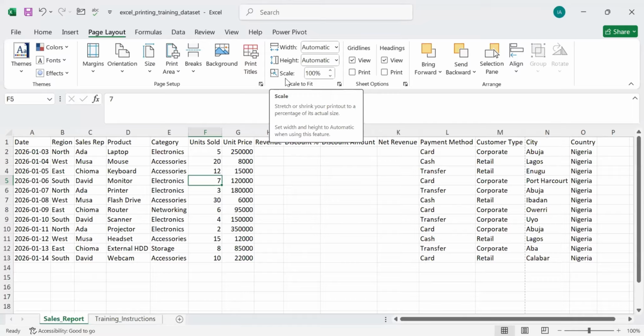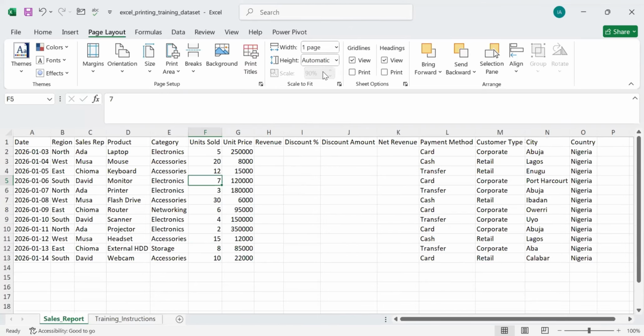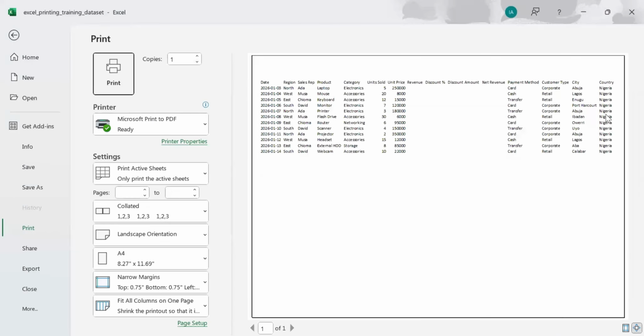Okay, so the first option here will be to fit all columns in one page. We want to fit all columns in one page. So we can basically set the width, okay? So we can leave it as automatic or we set it at one page for the width, okay? So let us preview this and we are going to see, okay? You see now that as we have put all the content in one page, we indeed have everything in one